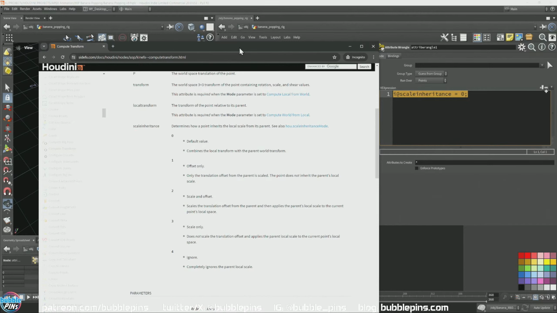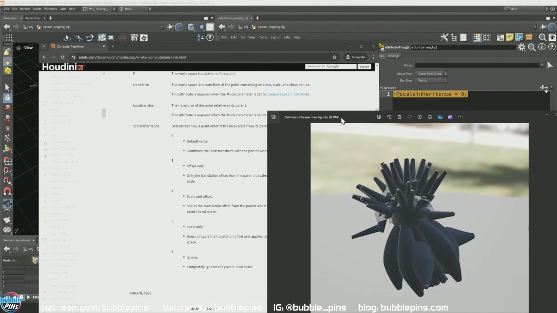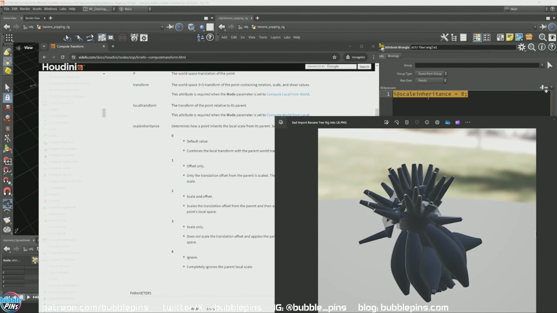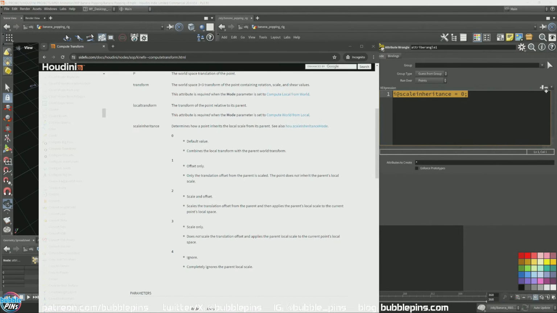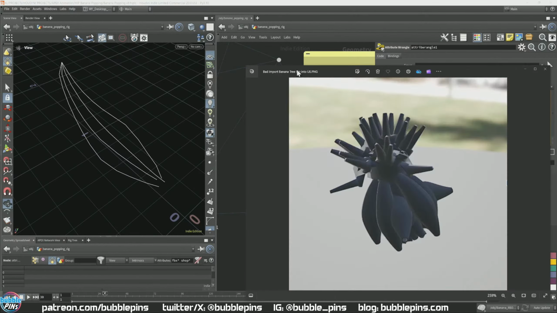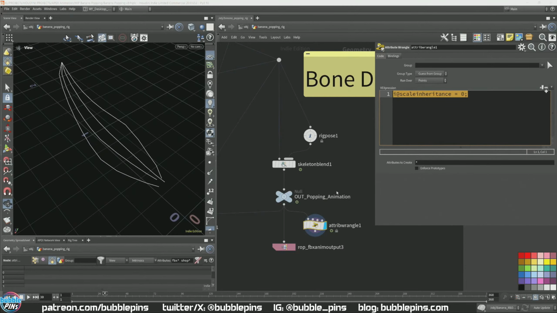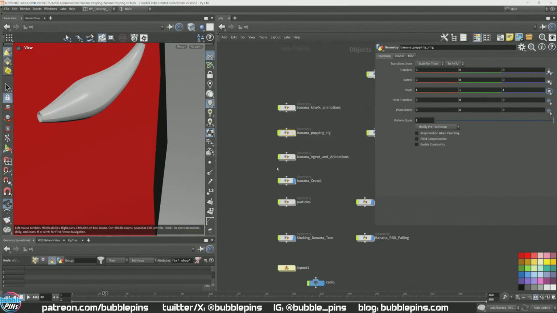Because it looks fine. It will look fine and absolutely work in Houdini, but when you export it, it looks completely different. It'll look like this in Unreal Engine. When that's the case, try different values of the scale inheritance on the skeleton and see if that works. And there is another trick, because like I said, it did not work for me for the tree. In that case, you have to